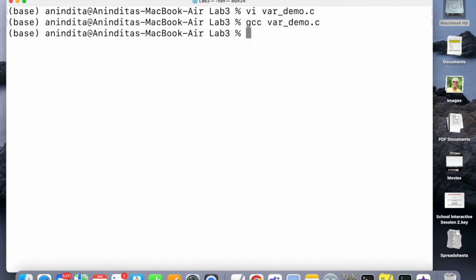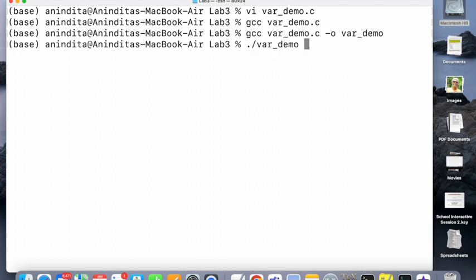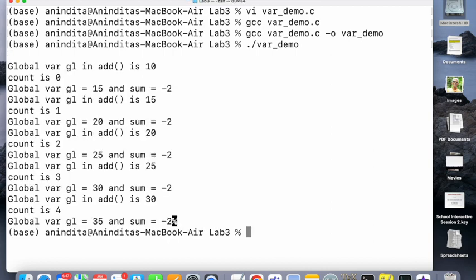BCSE102L. I have compiled it. Let me compile it with the .o extension so that I can give a suitable name to the executable file. So var_demo, enter. So ./var_demo, enter. So as you can see right at the beginning, the